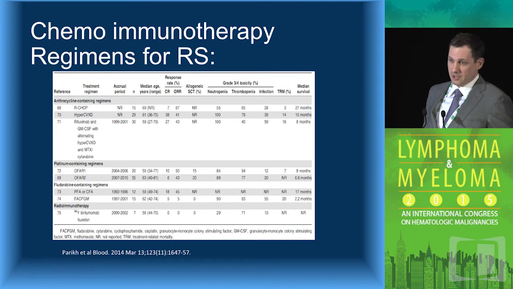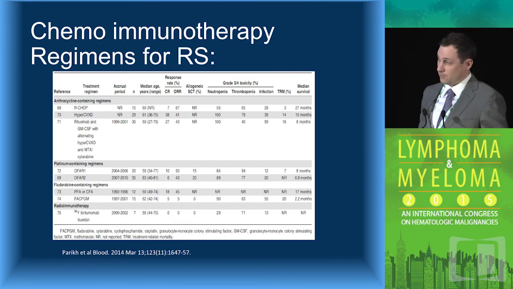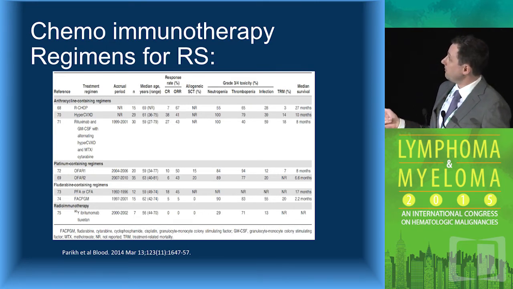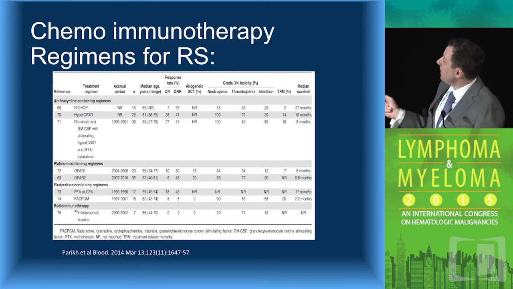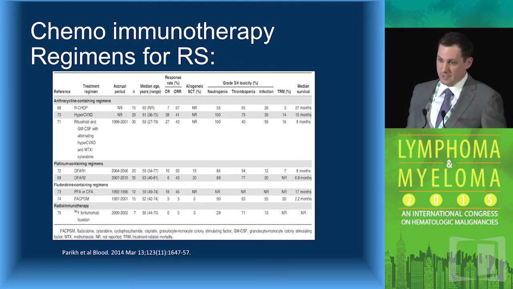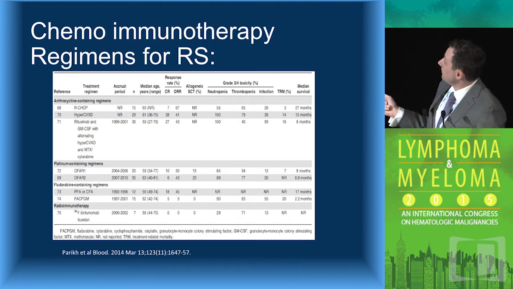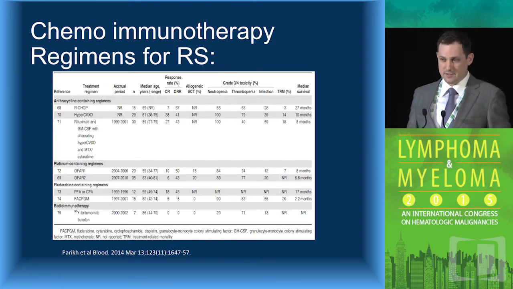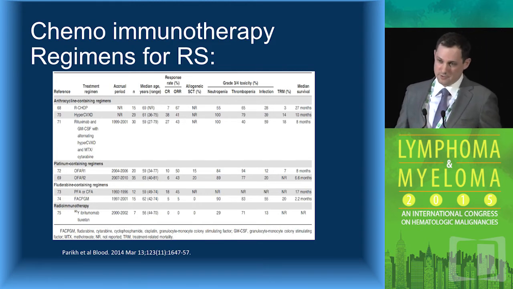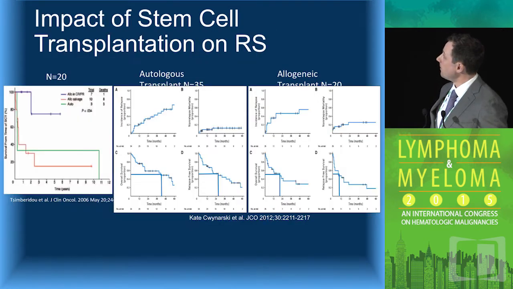I just want to impress upon you that chemotherapy is not the whole answer here. And in fact, the CR rates and the overall response rates are pretty dismal comparatively to your de novo DLBCL. And subsequently, the median survivals are even worse. We're looking at 27 months, 10 months, 8 months, and the median survival in most of these studies is anywhere from 9 to about 12 to 15 months.